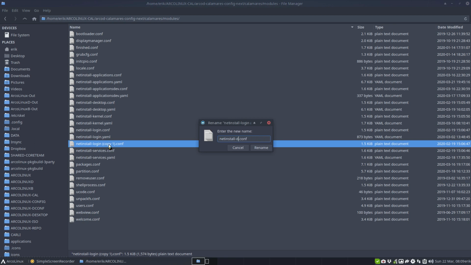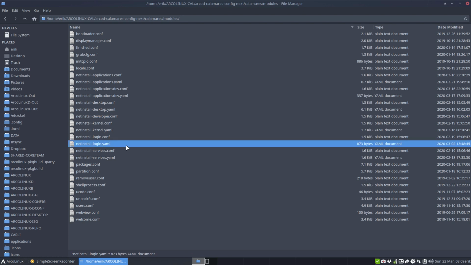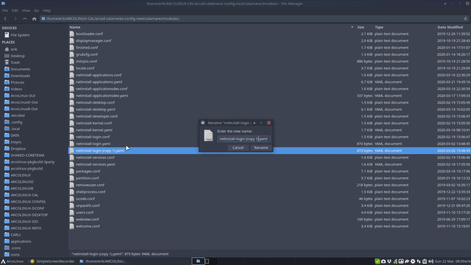For the first developer, do we have developer already? No. Every name should be the same. It should be unique, of course. Developer.conf. Okay, so that's one developer. And then I'm gonna take a login YAML. So that's a file with all the data in there. Control C, Control V. Okay. And then we're gonna call that also